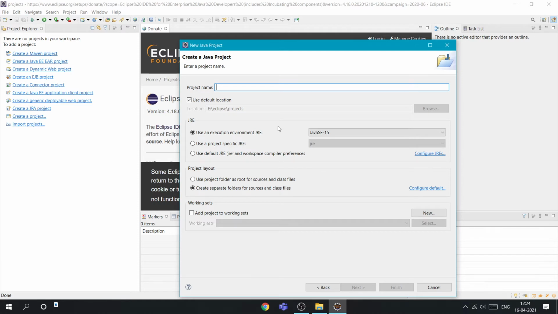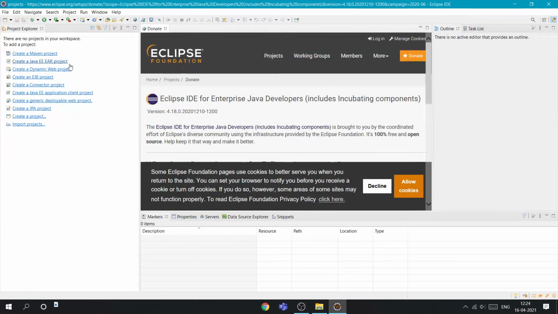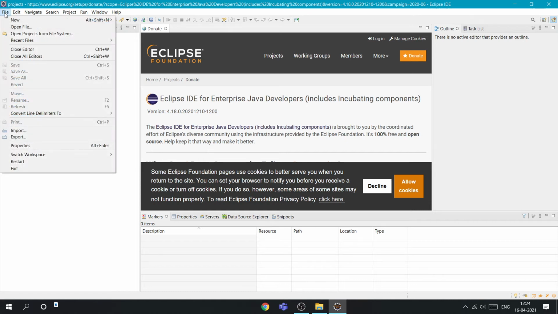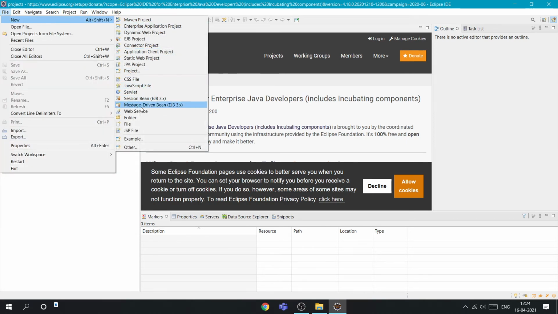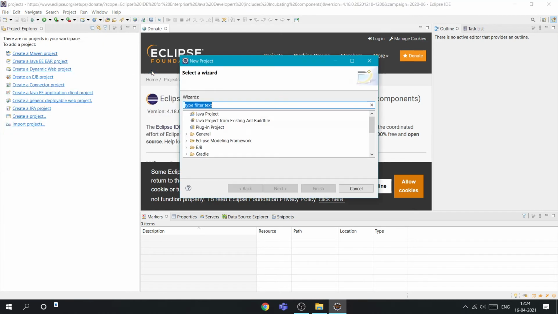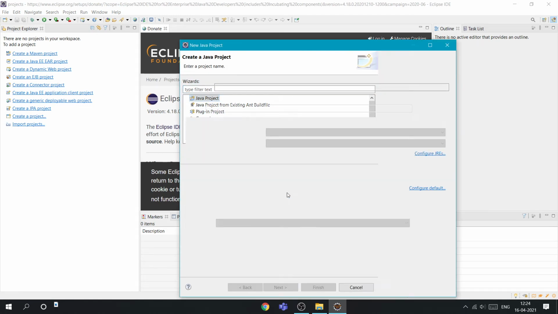After clicking that, you will see this. Basically this is both Java and web development we have downloaded, so it is a little bit different. But just go to file, select new, go to project. So this will open. Now select Java project, select next.